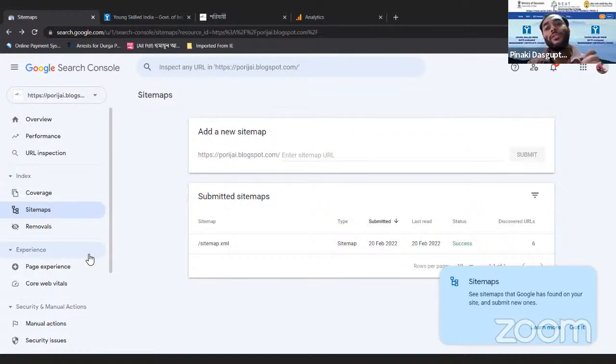Another part is the core SEO issues, like if the content is in the right place or not, if the meta titles, descriptions, keywords are in proper place or not. If it is not there, then you have to put it in the right place. So you have to jot down all these things before assigning the work to someone. First of all, you audit the entire thing. Now the next phase is to do keyword research.